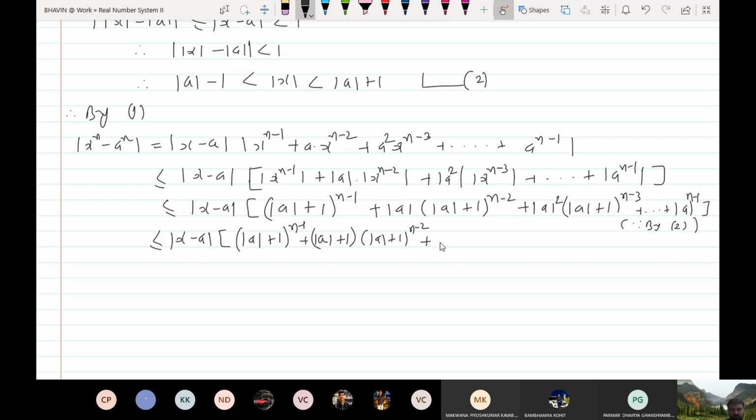Again I will add here modulus of a plus 1 whole square. This is always just one term. Here there are 3 terms: 2 modulus of a plus 1 and modulus of a plus 1 raised to n minus 3. The last term is modulus of a. Here I can replace modulus of a plus 1 raised to n minus